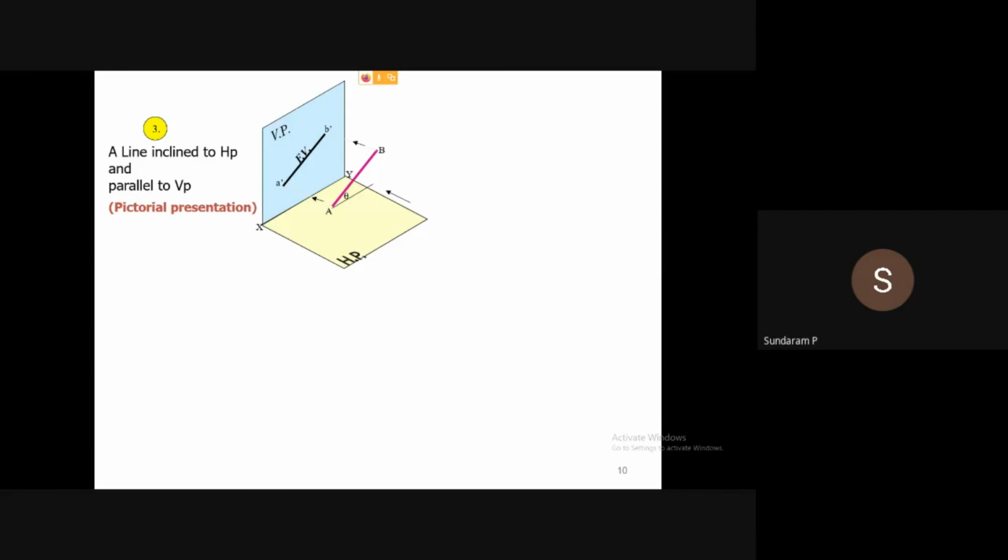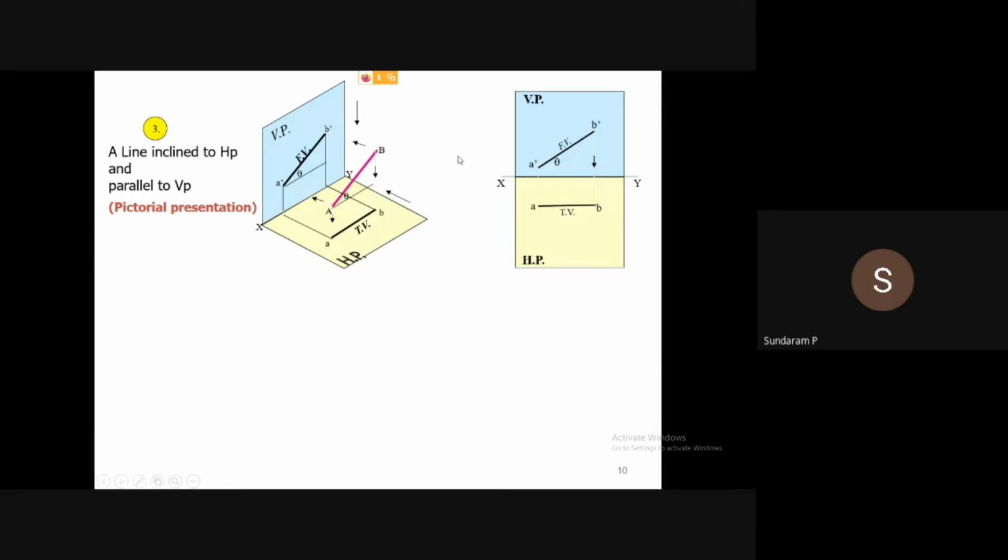Similarly here, when you look at the front, you get the true length, but when you look at the top, you get the shortest distance. It is the image, or trace, of the object on the horizontal plane. When you look through the top, we get the smaller length. See here, the line A dash B dash is not equal to AB. I hope you understand. Here we are using a number of references: this XY line is nothing but a reference line.